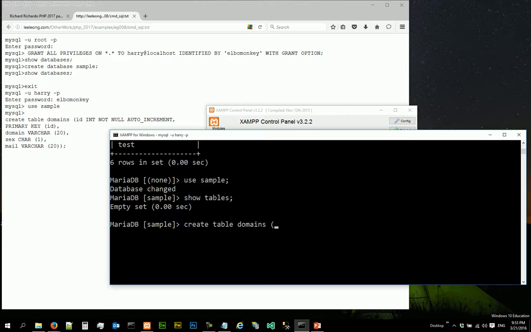So I want to create a table called domains, and a field called ID. This is an integer. It cannot be null, and it is auto increment. That is my first field, and I can hit enter and go to the next line,